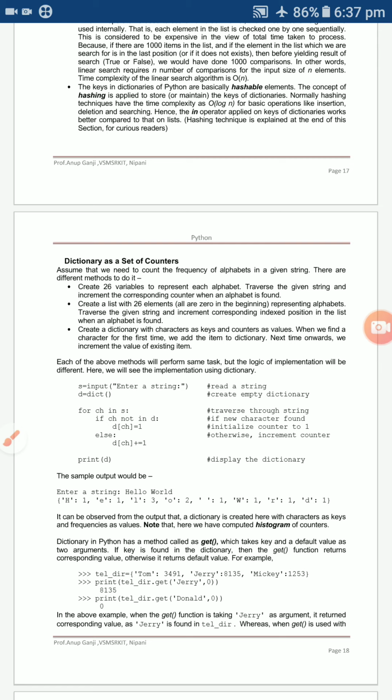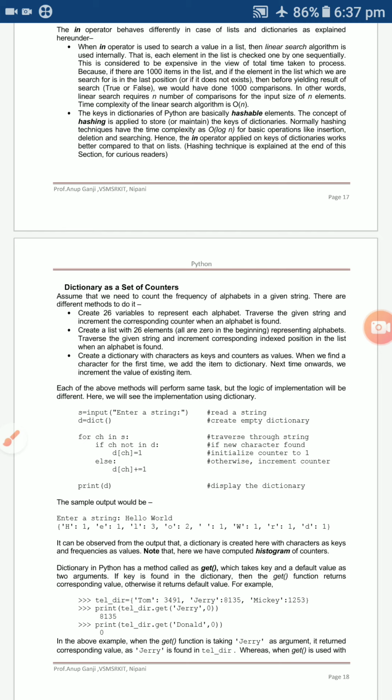And next is how the in operator works with dictionaries. In dictionaries we use only the keys, not values. This is basically called a hash table, with hashable elements, which means it stores the keys in dictionaries. Normally in hashing techniques, the time complexity is big O of log n.